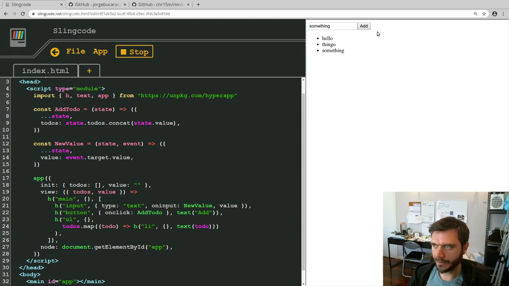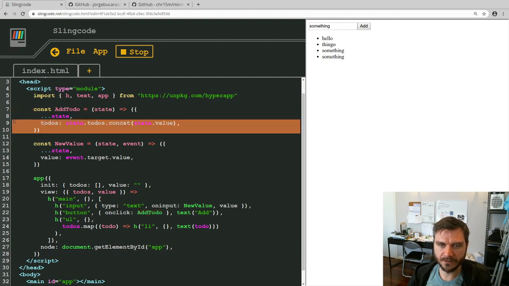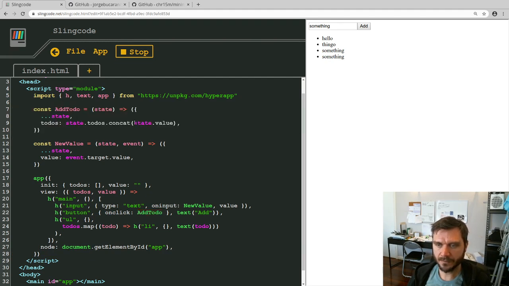Then when you click the button add to do, it adds another to do, and that happens by running this function add to do. As you can see, these are all just plain functions. You've got the app function here, and that's passed an object, and this object has init, which is the initial state, and view, which is a function which updates the state basically. And node is where you want it to get mounted, so where to mount the app. So when you click on add to do, it calls this function here, add to do,